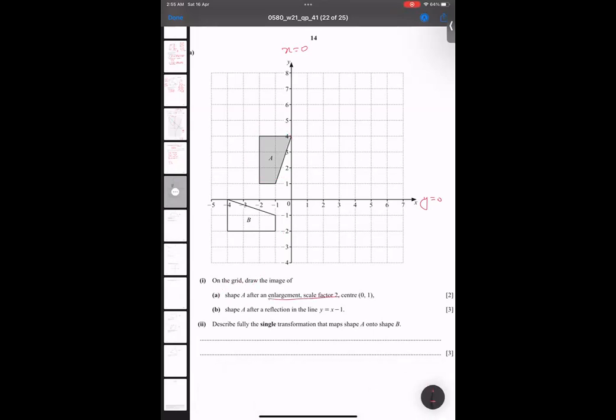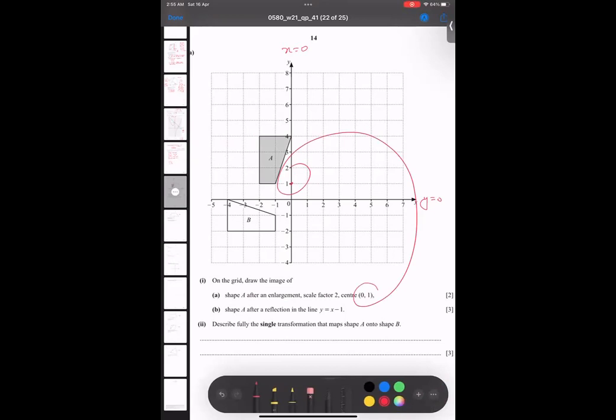Enlargement scale factor 2 and center 0, 1. Where is center 0, 1? x 0, y 1 here. X is 0, y is 1. I'm going to show you this is the center x 0, y 1. Done. So we have to do enlargement of the diagram of shape A, but give it positive 2. What is positive 2? I just tell you, if positive 2